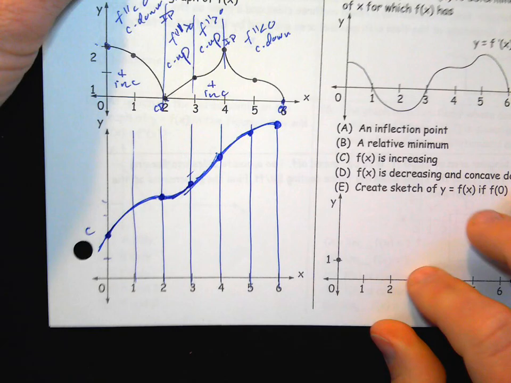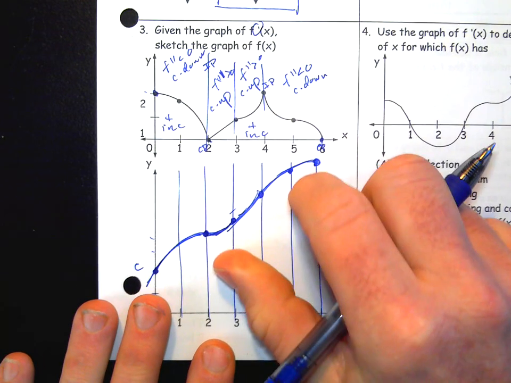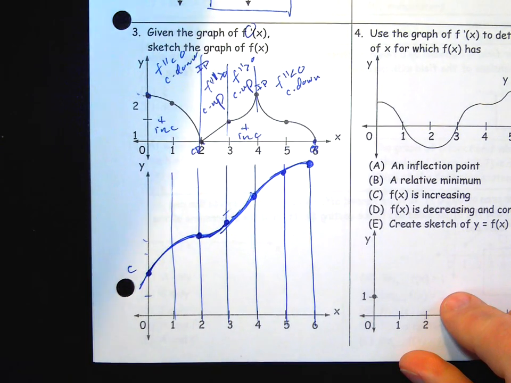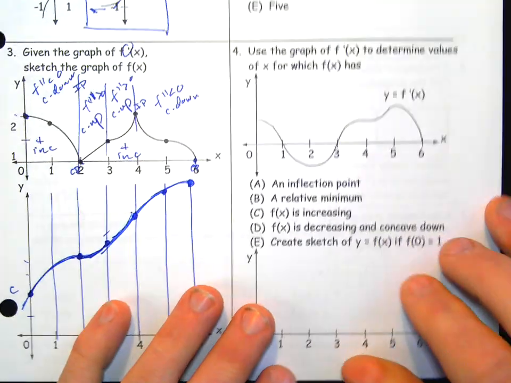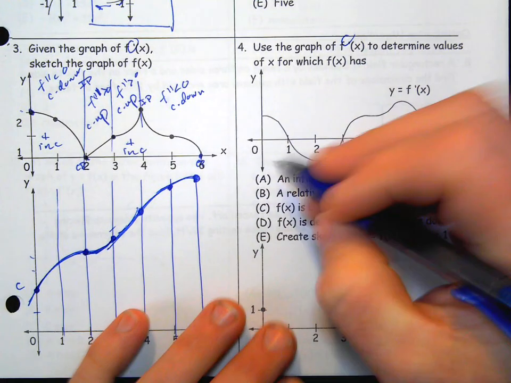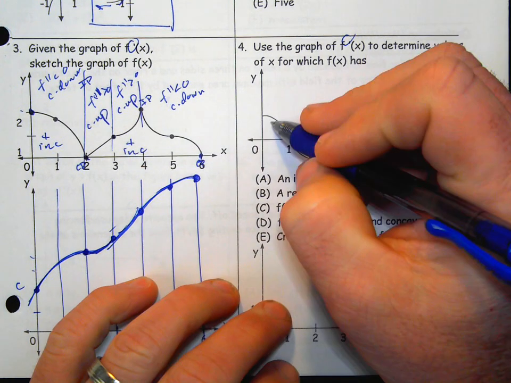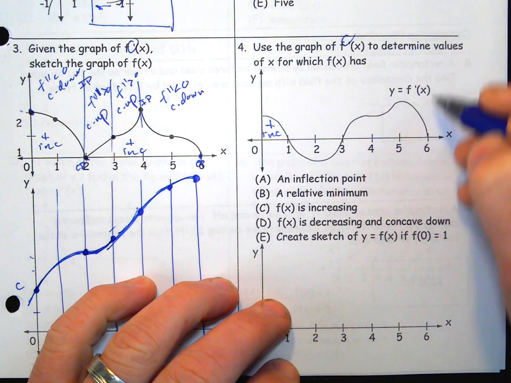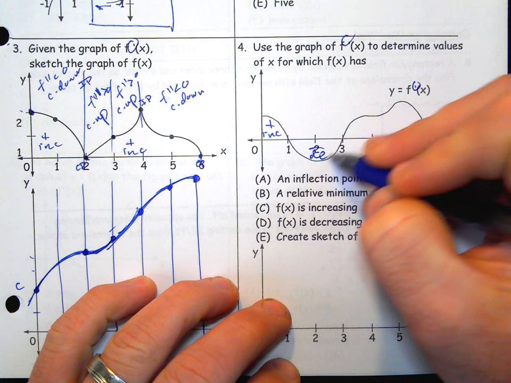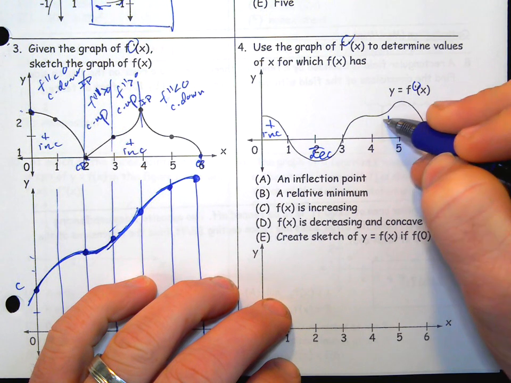Okay, you won't have to do this specifically, draw a great graph by hand. But let's see. Number 4, use a graph of f prime, determine all these values. And then you could draw a sketch of it. So this is positive increasing. So this is the graph of f prime. This is what I usually do. Positive increasing, negative decreasing, positive increasing,